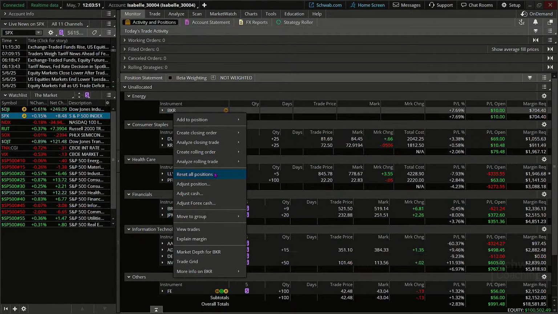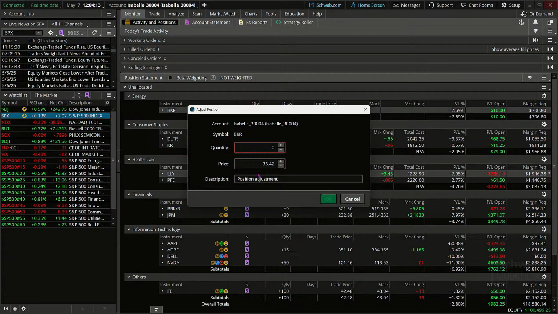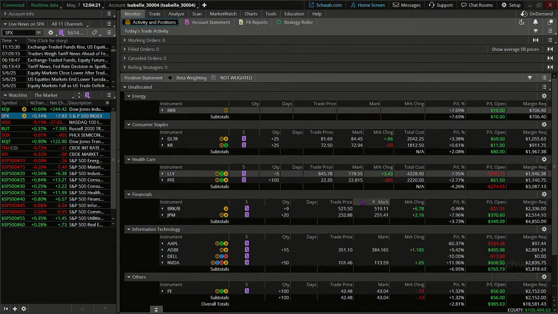So I think that's what you're looking for, Tony, is to reset Thinkorswim so that all of your detail goes back to the $100,000 paper money portfolio available for you. And of course, you can make not just individual or across the board adjustments with resetting all positions, but you can go in and make an adjustment to the position itself. You can detail how many shares, at what price, so on and so forth. So there's a lot of easy ways to go about that here within the platform. Now, since that's exactly what you're looking for, wonderful.